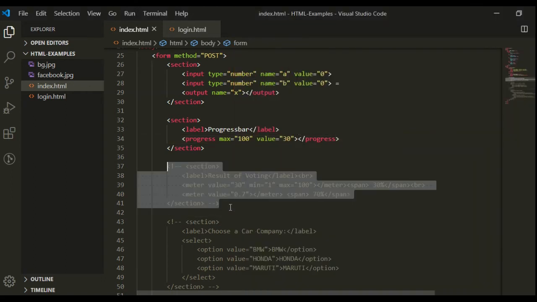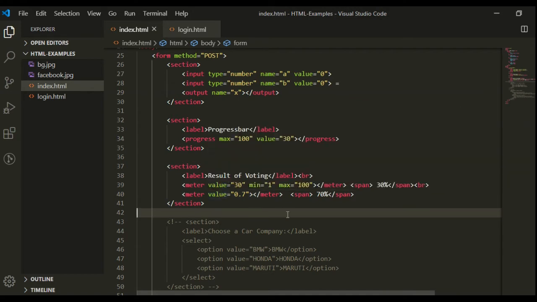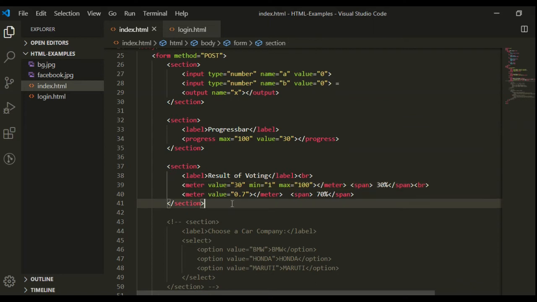Here we have code, just uncomment this code. Here you can see I have taken 2 meter tags. This is a label for the meter. Here we are showing the values as a result. So let's see it in the browser first.